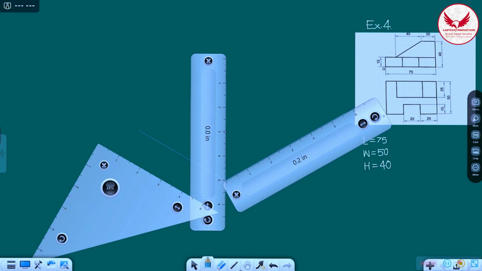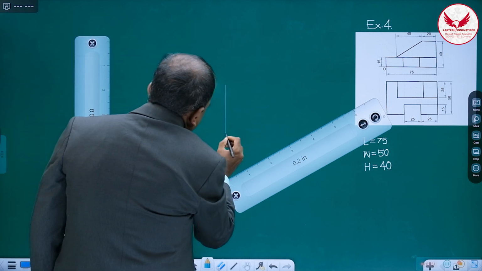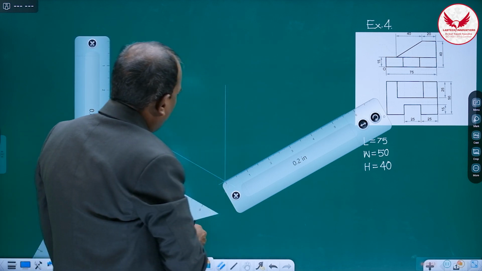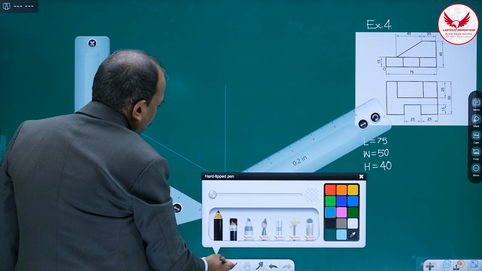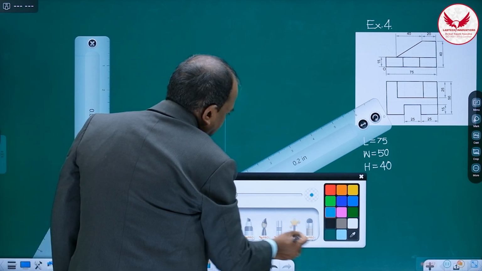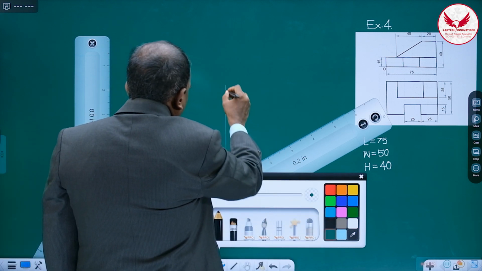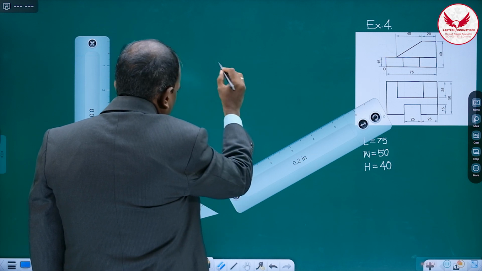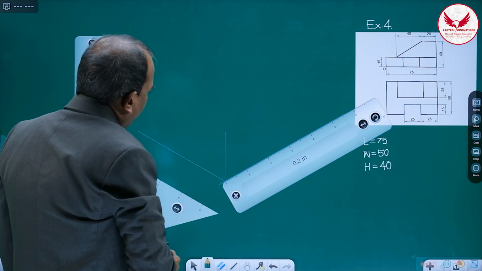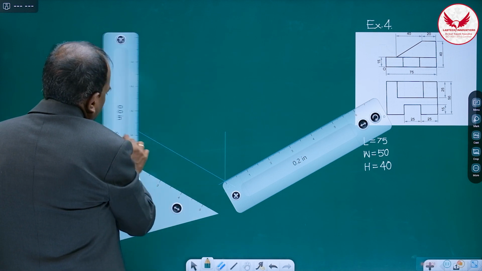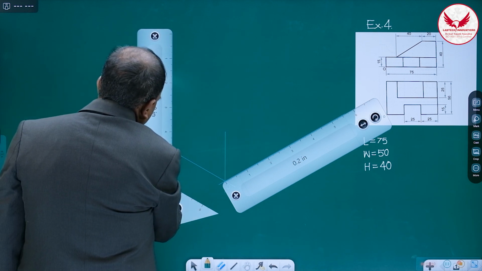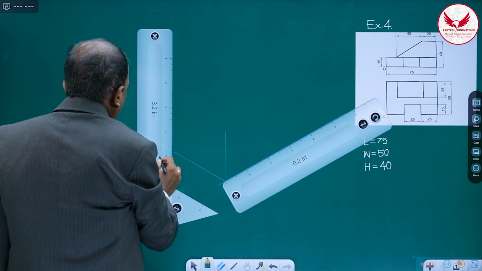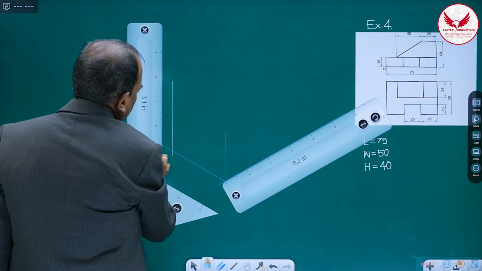20, 40, like this. So it is going to be 40. And once you mark 40, my suggestion is to remove the upper portion of the height up to 40. So it is 40. So it will be easier for drawing the isometric box. Then draw this vertical line like this,